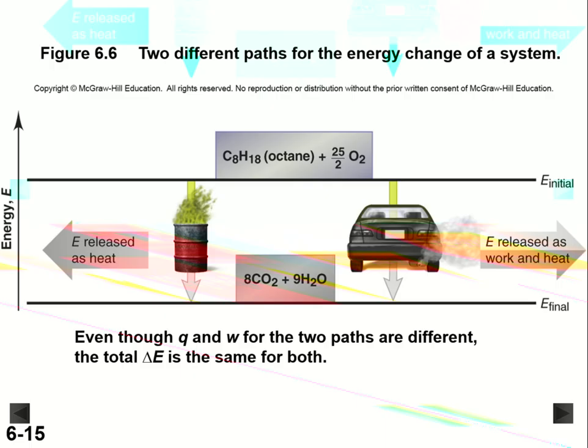E is a state function. The energy change of the material, the octane, will be the same, but what we get out of it, whether it's just heat or whether it's heat and work, will depend on how we do the process. The direction you take in walking from your dorm room to your lecture hall can be very different. If you take a very long circuitous path, it will require more time and energy on your part. But the change in your state in the end will be the same. You'll end up in the same locations.